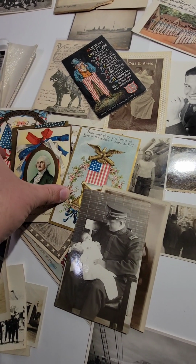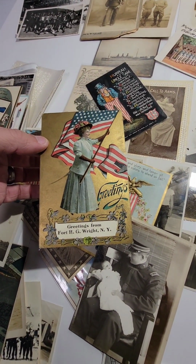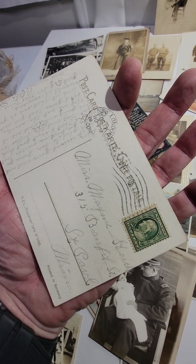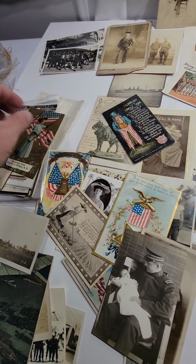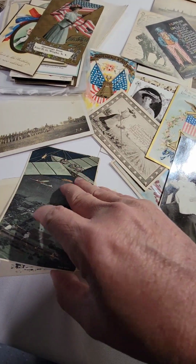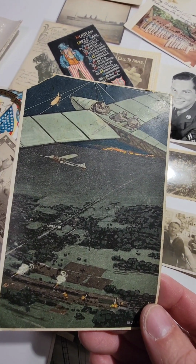Again, there's Grand Army of the Republic. Fort H.G. Wright. Can't quite see the year, but I did pull these out. These are some more interesting ones that I really liked. Unfortunately, the corner's chipped off, but it shows that early